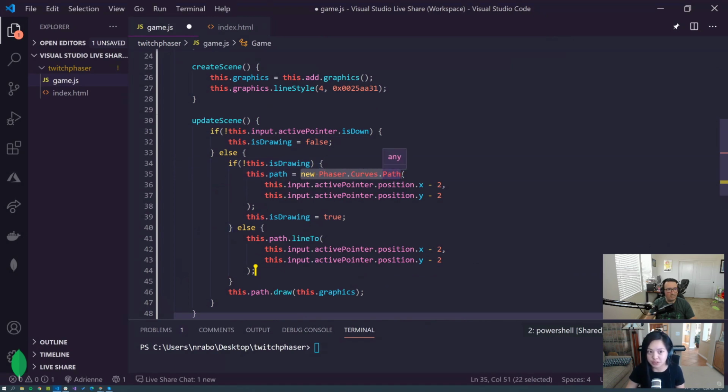For this to be created, Phaser needs to know where our cursor is, where our drawing peripheral is. Because we have set the width of our line to be 4 pixels right here, this is why you see the -2 right here. So we're just subtracting that.